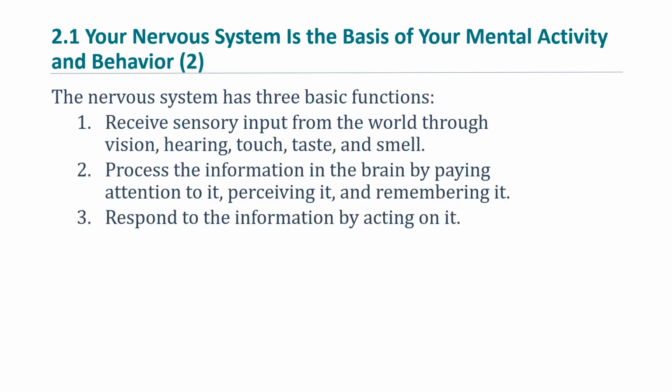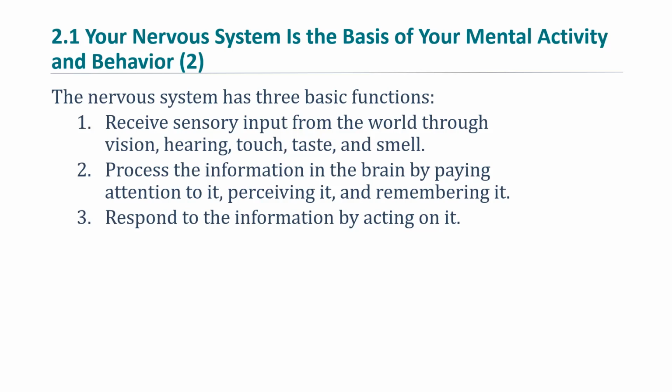So the nervous system has three basic functions. Information comes into our nervous system through our senses, first of all. Imagine I'm driving and there are light rays that come from the brake lights of the car in front of me. They would enter into my nervous system through my eyes. That covers the first function. It receives input from the outside world.